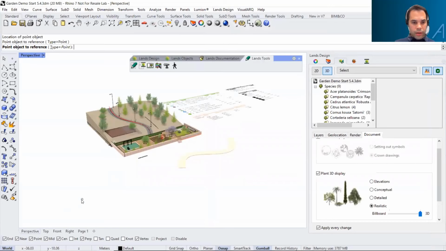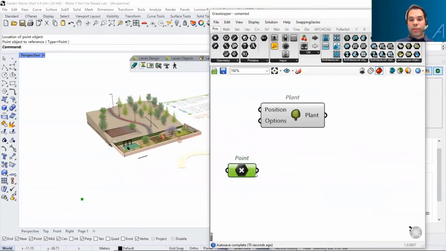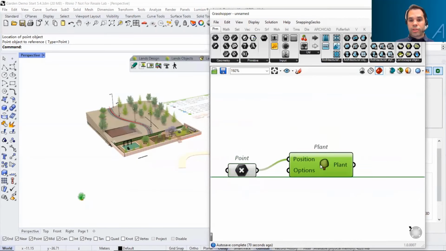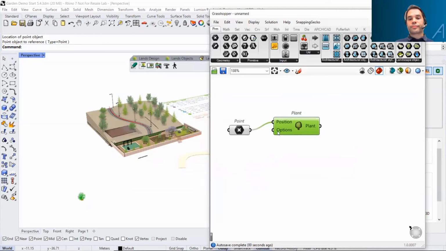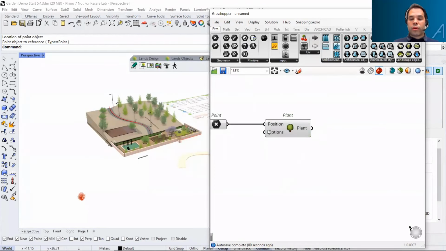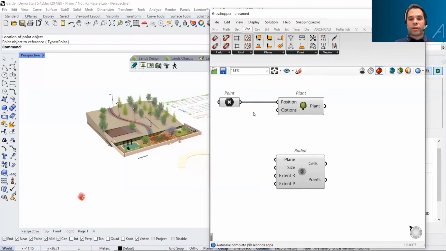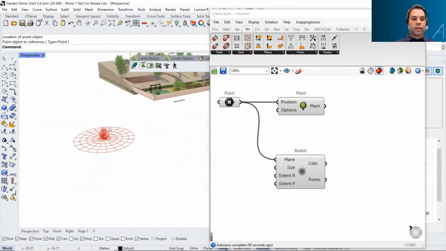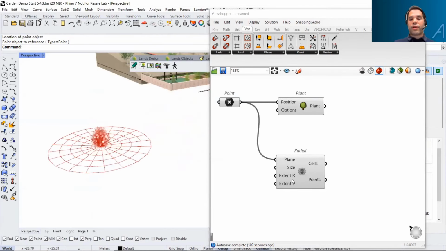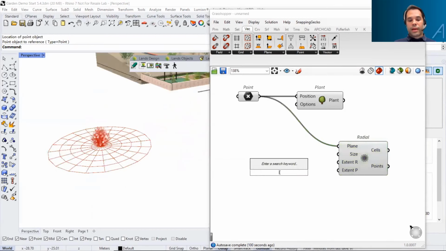This can be the position of my plant. But imagine that you want to have an array of plants in a radial distribution. We've got a component that makes this radial distribution, and we can have this position as the center of this radial, and just by changing the size of this,